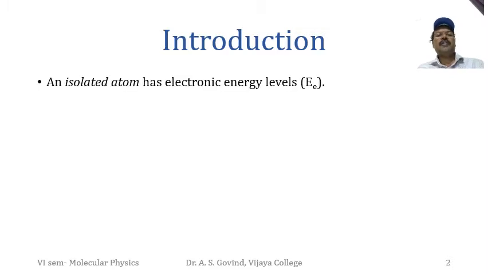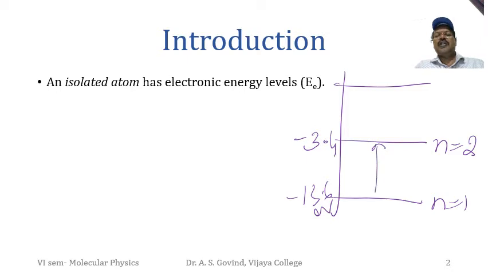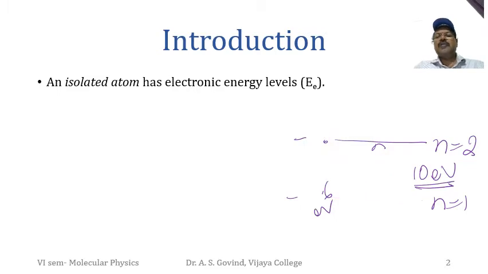isolated atom properties. An isolated atom has electron energy levels. So you already know that for a hydrogen atom you have energy levels like this: minus 13.6 electron volt for the first level. Similarly for second level, 13.6 by 4. So that is 4 3s are 12 and 4, so you get 3.4. And you see that this difference is approximately 10 eV. So this is the order of differences that you have in case of isolated atoms.